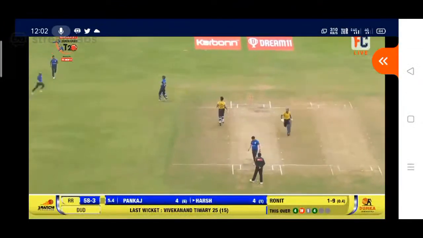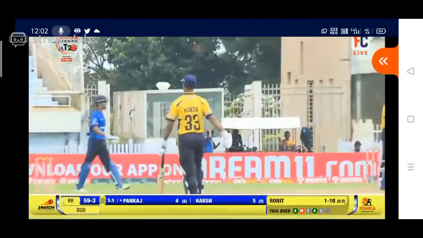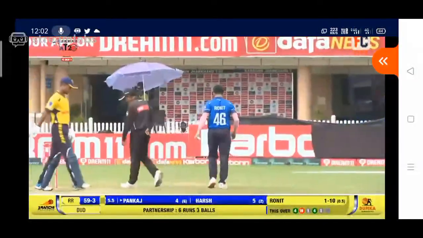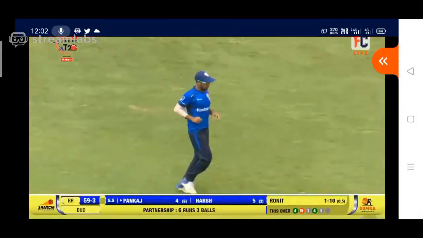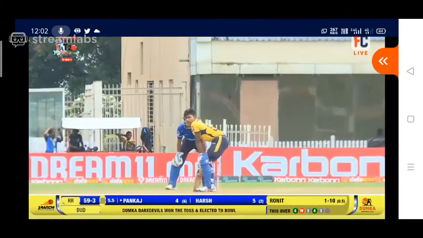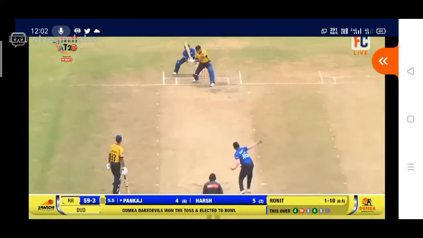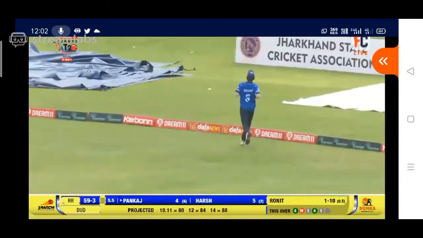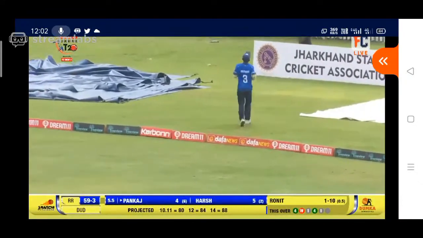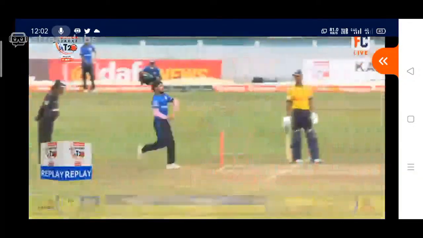Played down on the offside, quickly taken run. The ball from the fielder coming in at the gully position. But the batsmen were quick enough to complete that single quite easily. It's 59 for 3. Last ball of the 6th over coming. Pankaj hits it past square leg for 4.